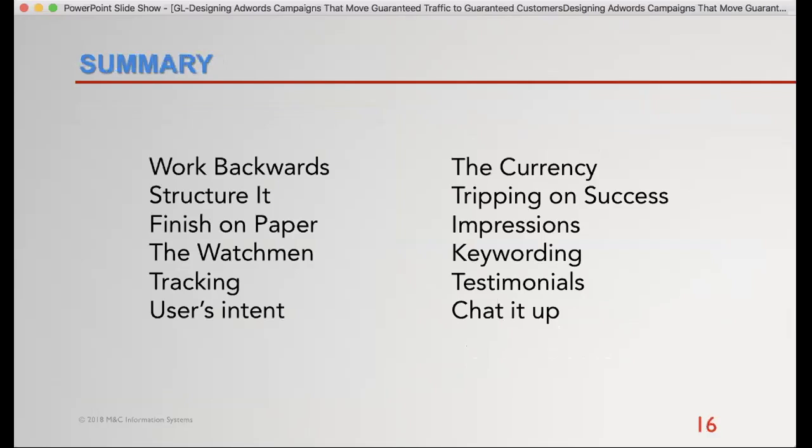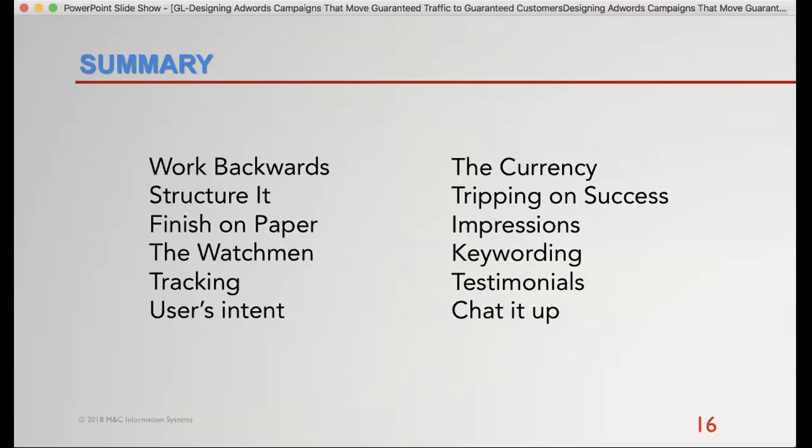So the theme of this was supposed to be, we know Google Ads will generate guaranteed traffic. How is it that we can guarantee that we get results from it? These are the ways that we came up with that are easiest. One is work backwards from your goal. Make sure your campaigns are structured properly to get the most from your spend.